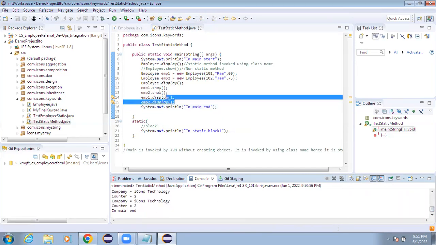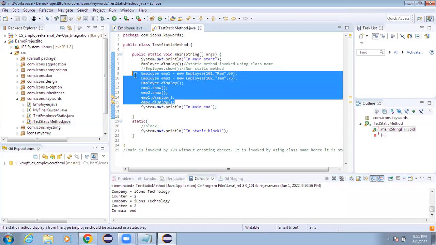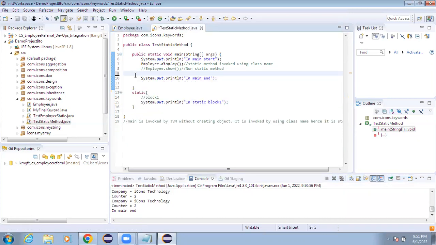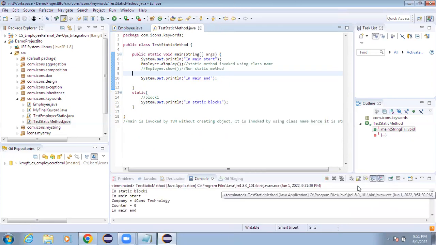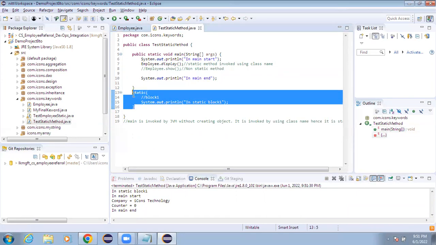I will remove this one part. I don't want to go for this. I go to the employee display like this, Control S, so that it will be easily clear to you guys. You can see in static block 1, in main start, company counter is 0, and in main end like this. Now if I put multiple static blocks, Control C,